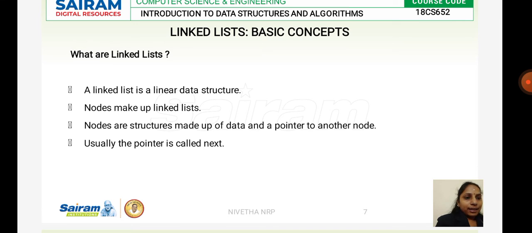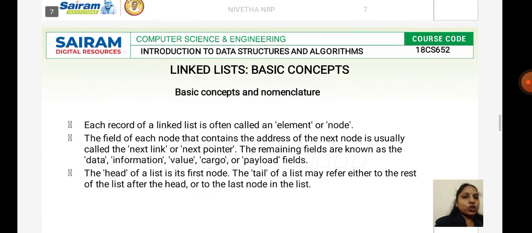And here in linked list, the same thing. Linked list is also an example for a linear data structure. We have two nodes here. One will be holding the data and the other node represents the address of the next element, which we say as a pointer node. Okay, we have two nodes here, one for the element and the other, we call it a pointer node, which is representing the address of the next node.